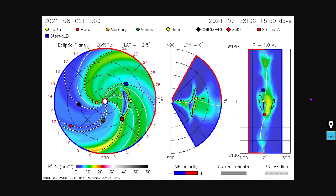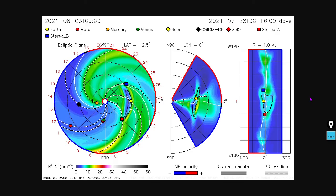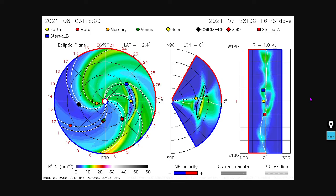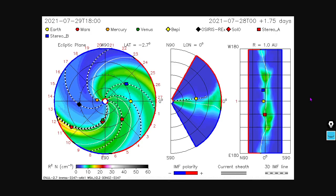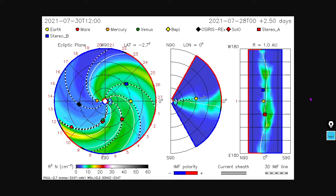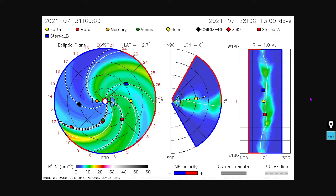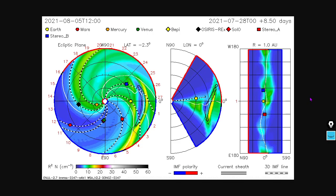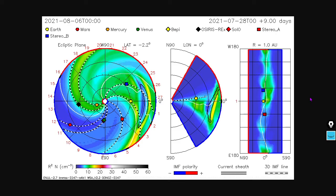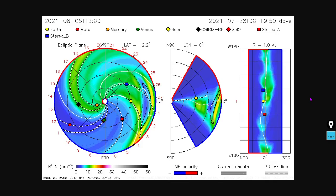So here's another model which is completely different. And you can find this one on the Integrated Space Weather Analysis Center. As you can see here, this model is expecting to see a strike on something like August 2nd. I don't know. I just figured I'd show both models. And keep in mind, we only forecast coronal mass ejections before they occur. We're not currently trying to calculate trajectory or speed,